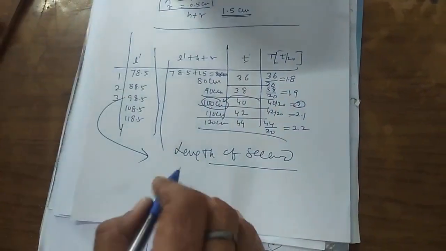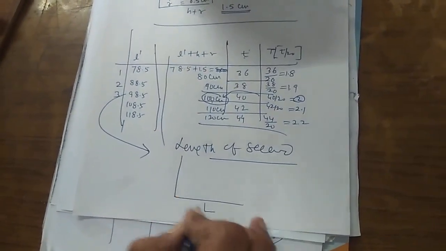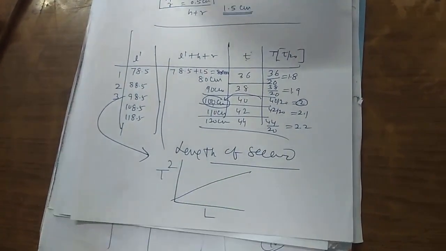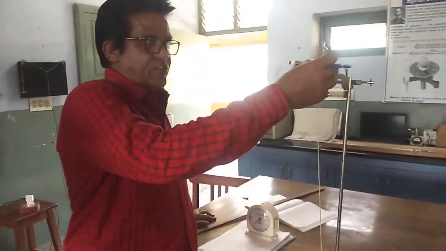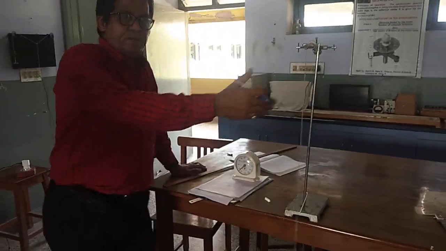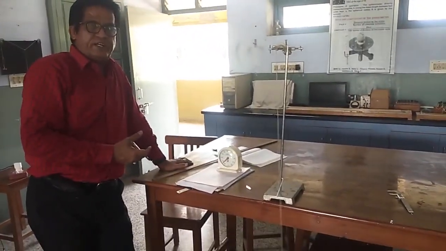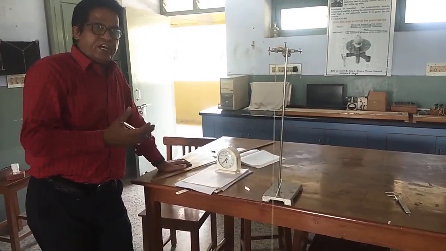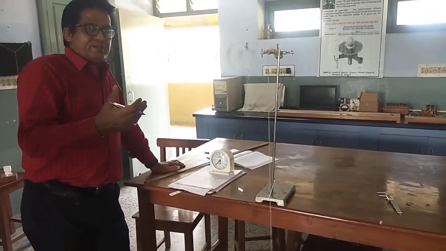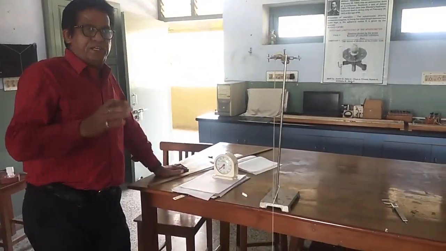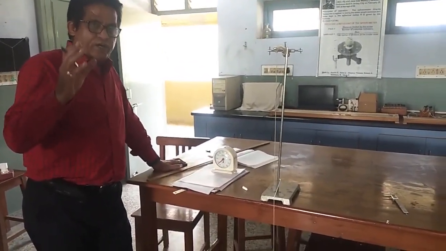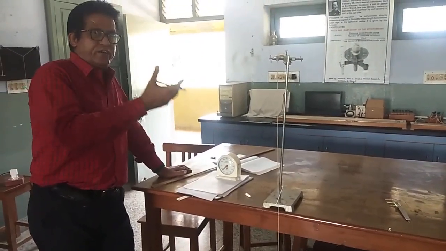And if you draw the graph between length and T square, here is the length and here is the T square, you will get such a type of graph. So my dear children, this is the way to increase the length of the thread. Again measure the 20 vibrations, note the time, find the time period, and take the square of the time period. So this is the way to complete our experiment. If you have any problem, you may discuss with me. Is it clear? Or if you want to take one more observation, you may take one more.